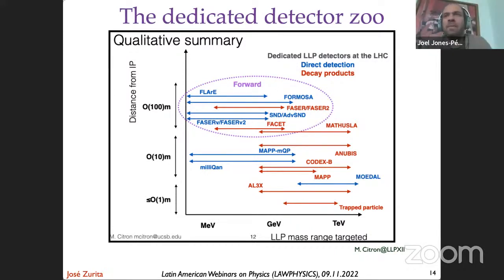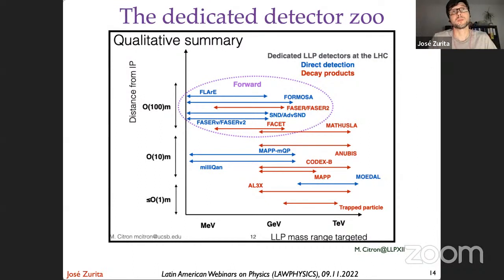And then the question is, who will win? It's a combination of many different factors. Of course, you have to make the best physics case for all these things, and if you are running a demonstrator, show that this demonstrator is effectively working and your expectations were not wrong. That I think is the game. Now, many detectors are actually operating: MAPP, SND@LHC, FASER. And in the next one or two years,